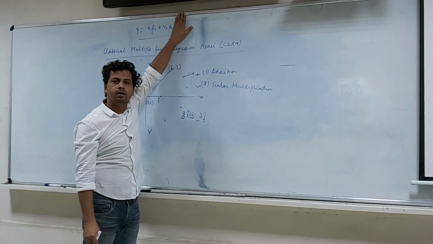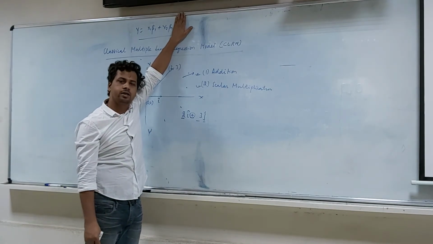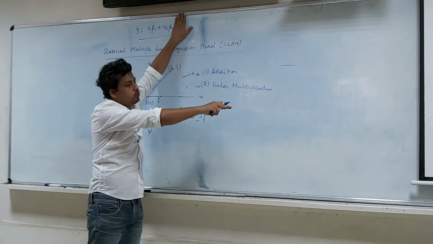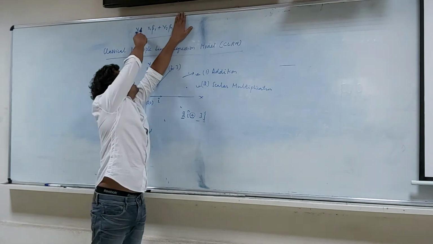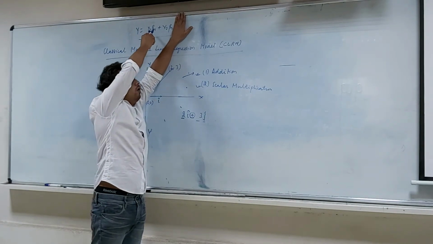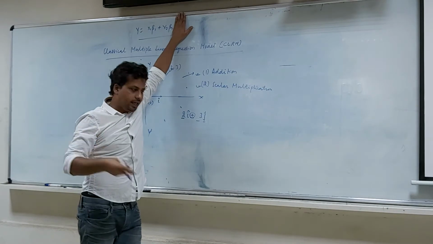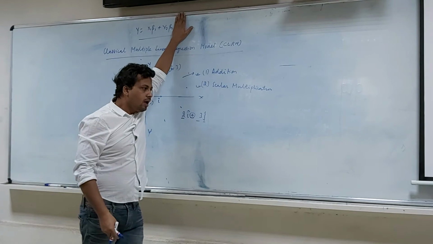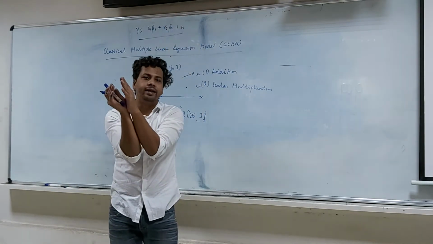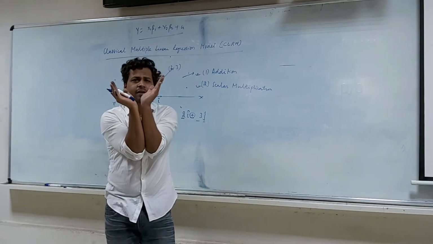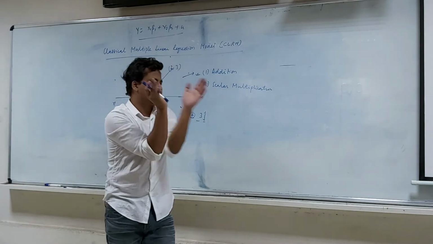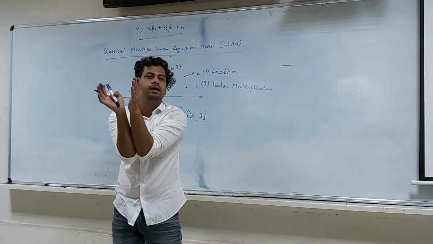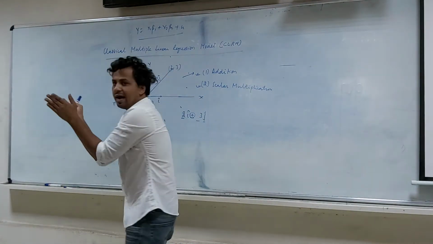Think of these beta 1 and beta 2 as scalar multiplication, that is, parametric constants. If I take x1 to be the x-axis and x2 to be the y-axis, y is explained as a linear combination of x1 and x2. If these two are vectors and they are linearly independent of each other, what it means is they are not collinear. So if there is a certain angle between x1 and x2, then through these x1 and x2, which are linearly independent of each other, I can span this entire plane.